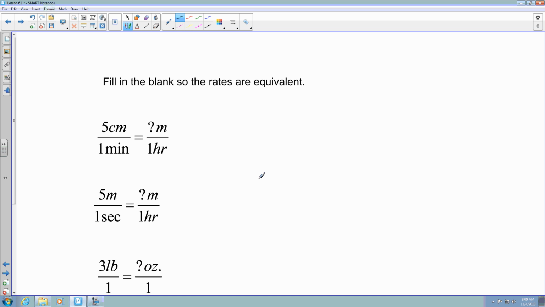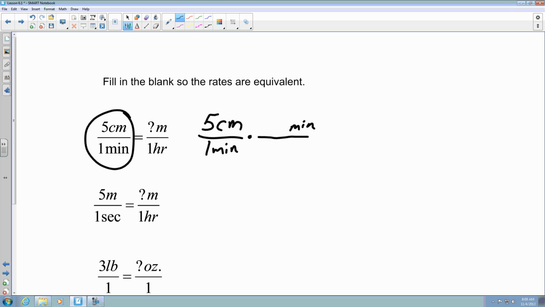So we are given centimeters to minutes, and we want to convert to meters to hours, and they want to be equivalent. So here's what we're going to do. First step is you're going to rewrite this value. So we're going to put 5 centimeters per 1 minute. I want to convert that bottom measure into hours. So here's what we have to do. We have to do some canceling out, but we're going to multiply this by some fractions. So the first thing we're going to do is write minutes on the top,